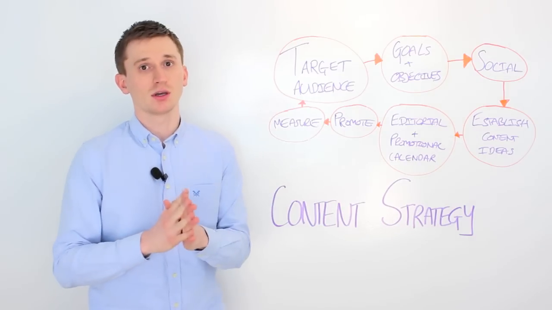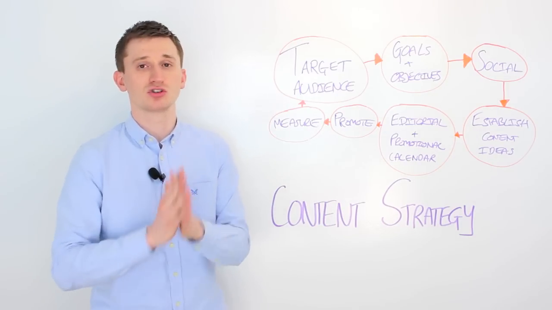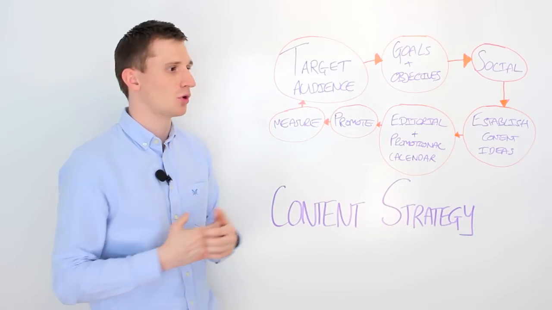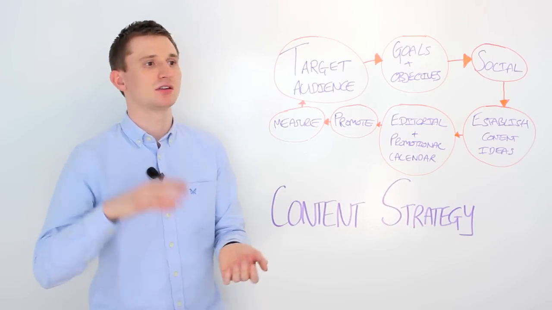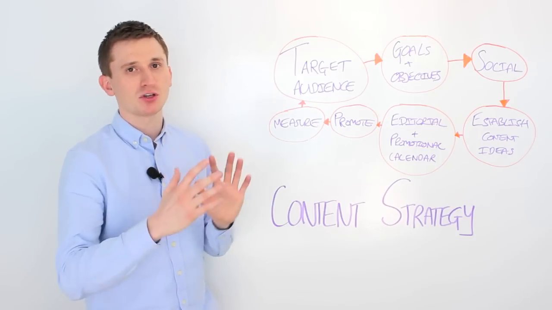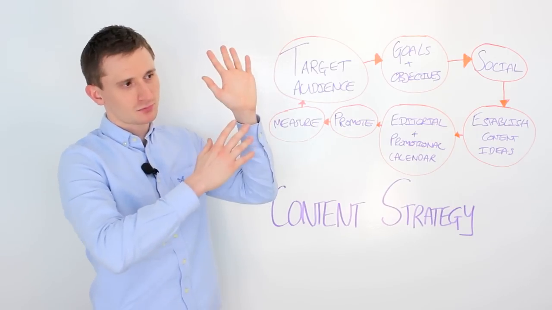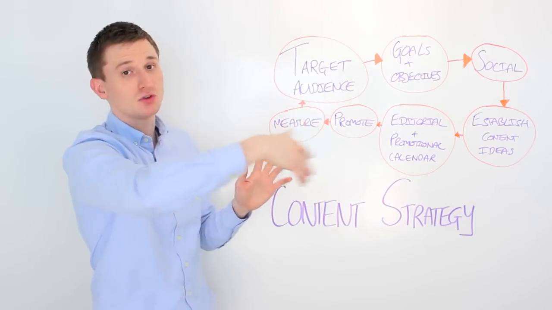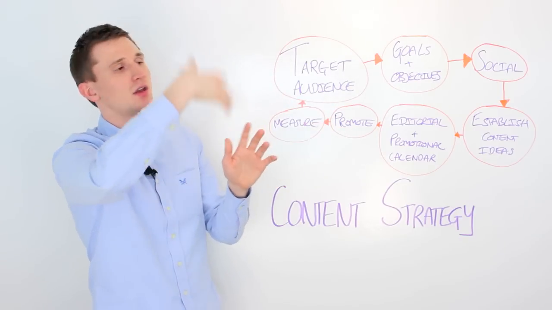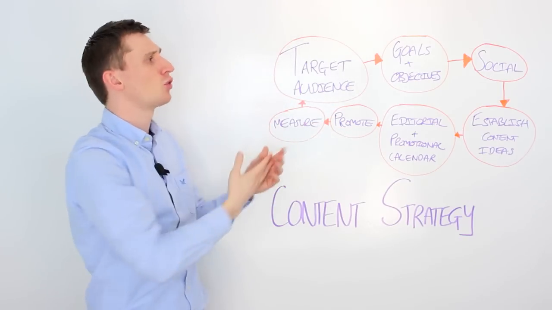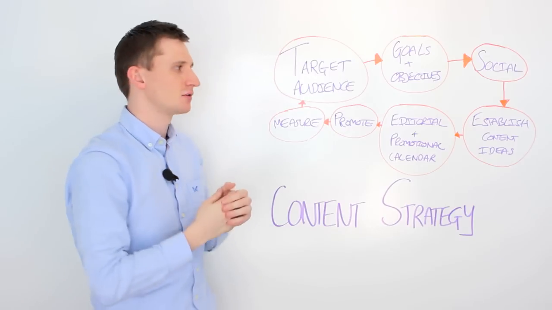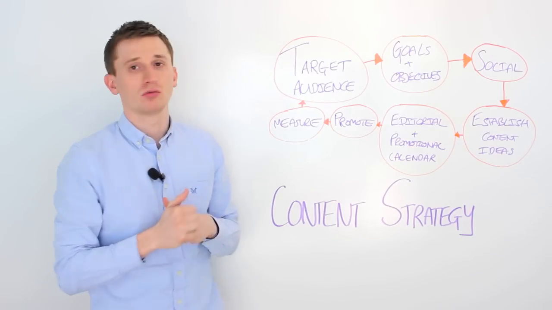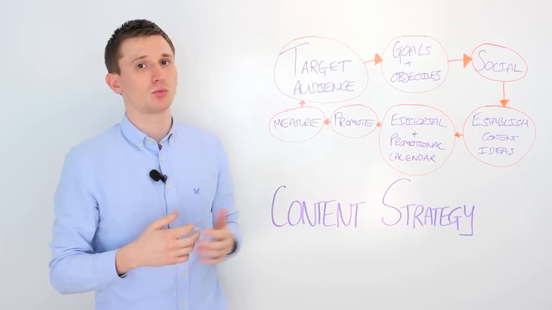First and foremost, what you want to be doing is performing a content audit. So go onto your own site and measure and map out everything that you've ever done in terms of content. So look at blog posts, look at infographics, look at videos, look at everything you've done. In a spreadsheet, you want to have some columns: content type, content title, the number of page views, the number of social shares, the number of comments. Again, it all ties back into your goals and objectives. Any idea that you come up with, always map it against your content audit and have a look at what's worked and what hasn't worked.